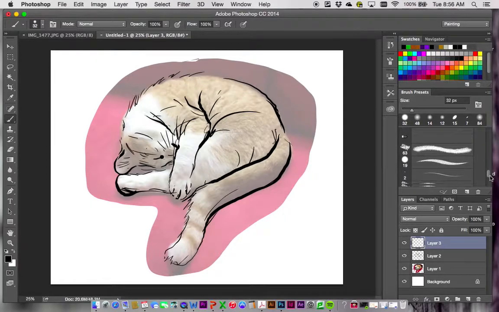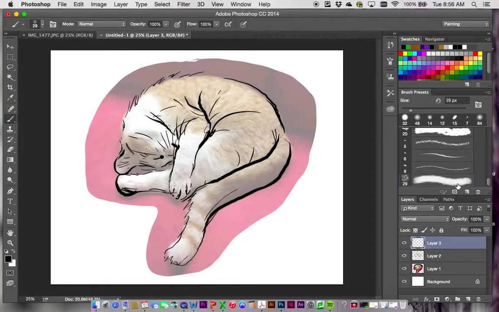That's where some of these other brushes might be fun to play with. Let's grab one like this one here. Make sure you have the right layer selected. If I draw with that brush, it gives me a mark that looks like a piece of charcoal. I'm going to change the color, and that's where the color picker up here can be really helpful. I'll try to find that orangish color for the cat, and then real fast